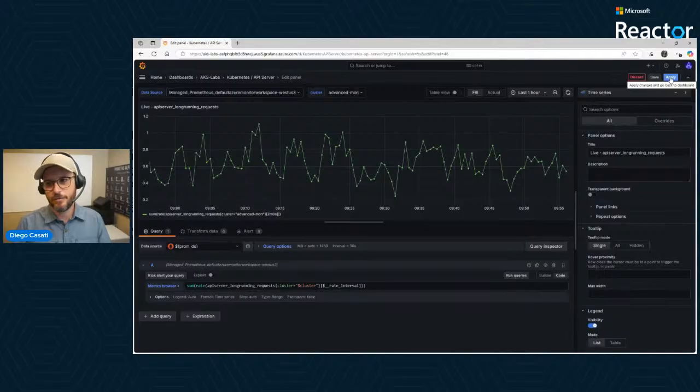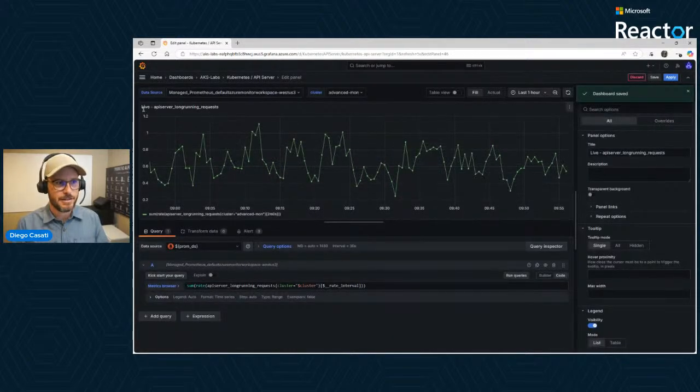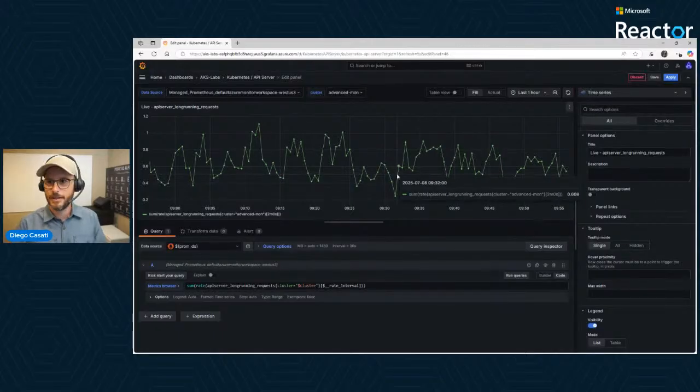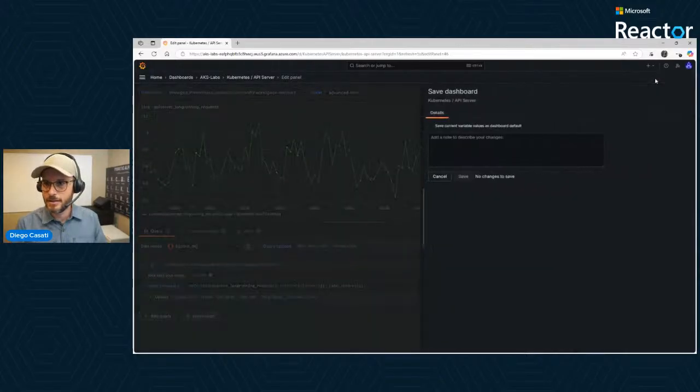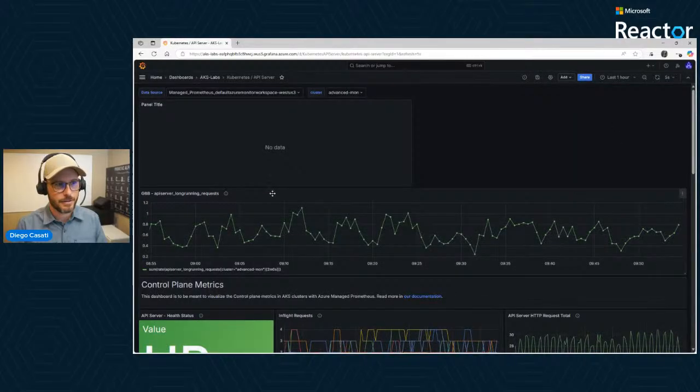Two things in here. If you apply, you're applying but not saving. If you save, you're doing both at the same time, applying and then saving. So let's go for save. Okay, that's our brand new metric flowing right now through Grafana, right? And save, current variable to default, sure, save, apply here.